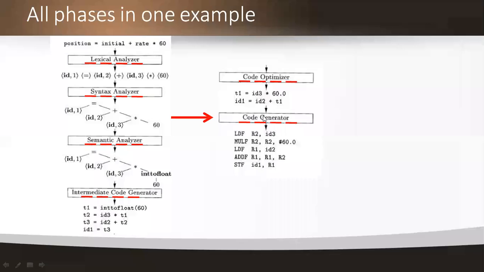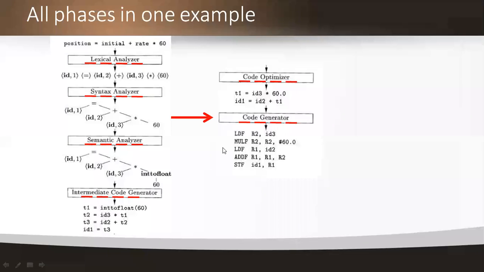Now this is taken as an input to the code generator, and by applying some simple code generation algorithms, I am converting it into a target language. My target language is a machine level language, consisting of instructions like data transfers and floating point operations. See here I have LDF, STF, load and store data, MULF, ADDF, multiplication floating point, addition floating point. MULF and ADDF come under arithmetic operations of floating point. LDF and STF come under data transfer floating point.